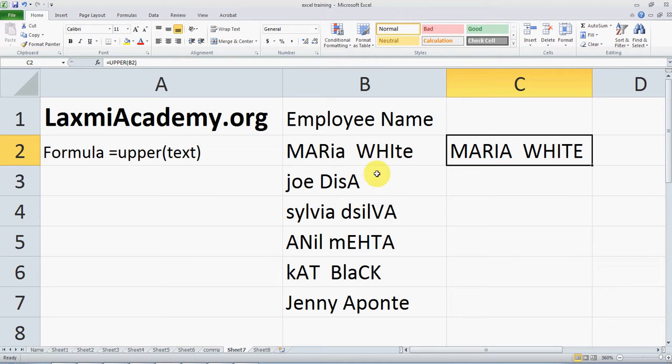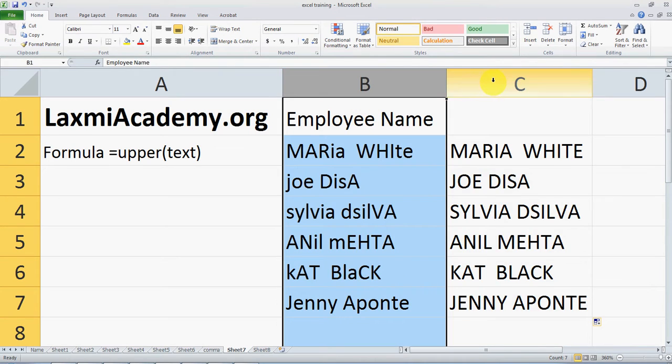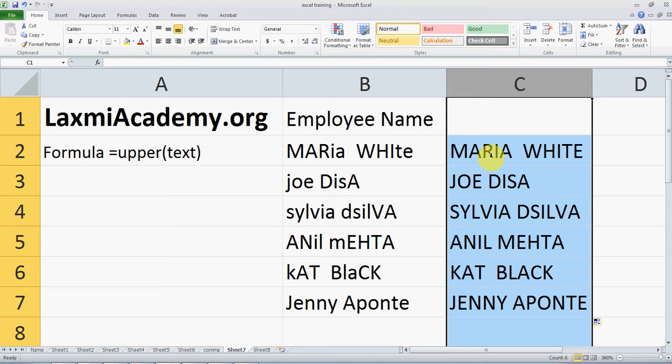Now you cannot go ahead and write the formula for each and every cell, so we are going to copy the formula over. You see this big fat plus sign of the cursor, so you take it to the corner of the highlighted cell, and it changes shape from a big fat plus sign to a thin plus sign. When it changes, you drag it over and the formula is copied over. So we have all this data converted to uppercase.